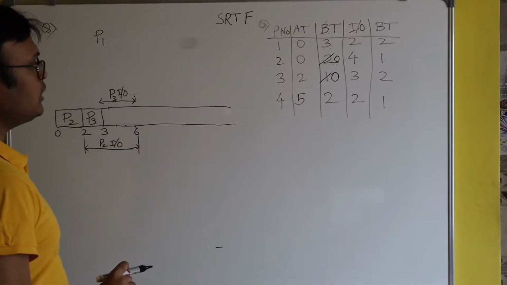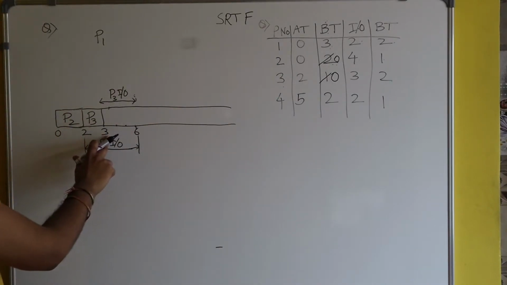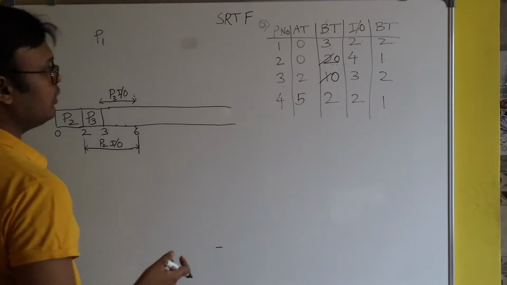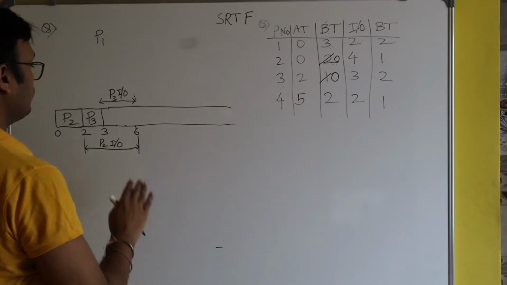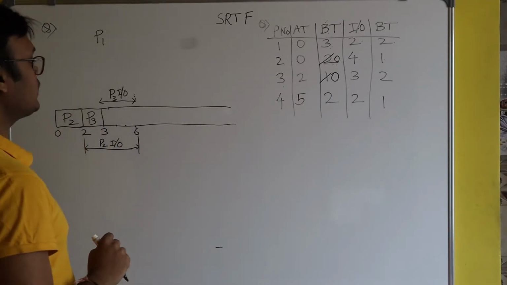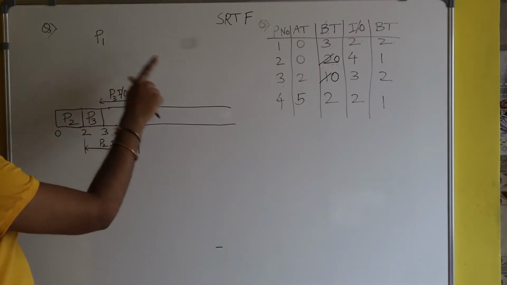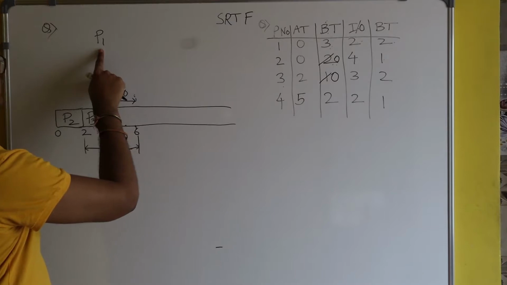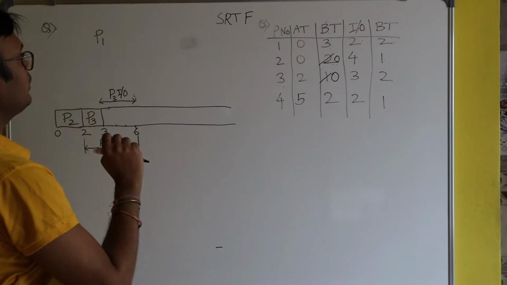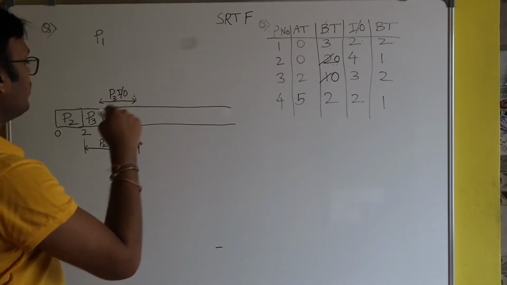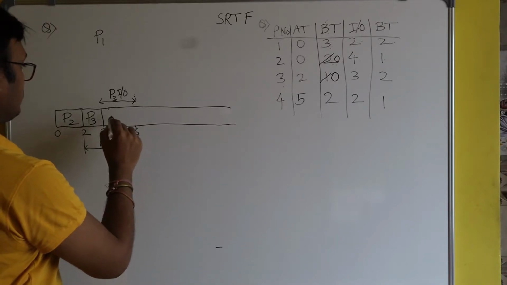Okay, now you see, at the third second, has any process arrived? No, because you can see that P4 arrives at the 5th second. So at the third second, none of the new processes are there. We have only one available process at the third second, P1, because P1 already arrived at the 0th second. So now CPU will be given to process P1. Fine. So here I will write process P1.